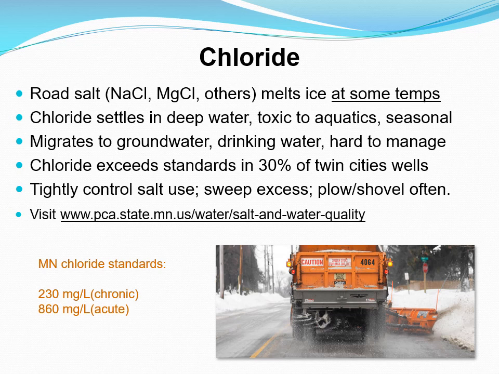It settles down in deep water because it forms sort of a heavier layer in lakes that are deep enough to stratify. And in those cases, sometimes it just gets more and more concentrated. It can be a real big problem. It is toxic to freshwater life at certain levels. It has other effects as well. It is, of course, seasonal because not much goes in during the summer, but a lot goes in during the winter. And it depends. Mostly the solution is to just not put it in. It's really almost impossible to get it out of a system once it's in there.